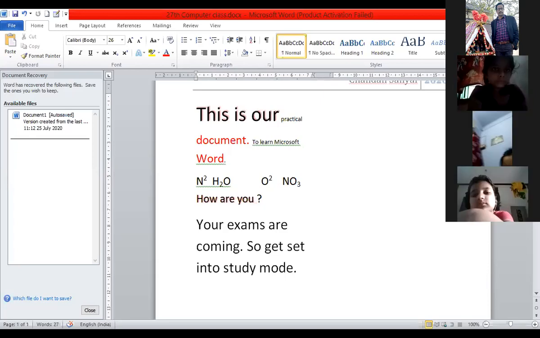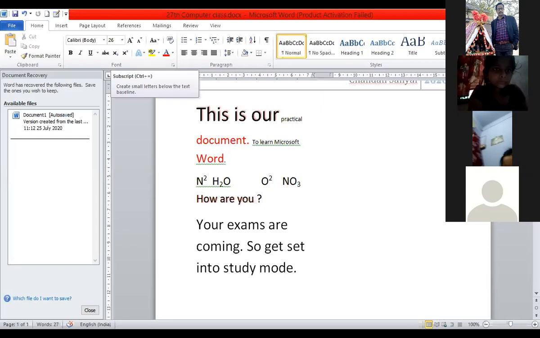Now if I want to write, say, H2O, again H, and here you can see, it is a subscript. So you click over there, and when you click, you get the number over here, subscript, and the subscript will be 2. And again, if you keep on typing, it will be in the same position, but you want to get it back. So you click over there, and then you type O. Now H2O is defined over here. So these are the two ways you can change the superscript and subscript, as I have explained.